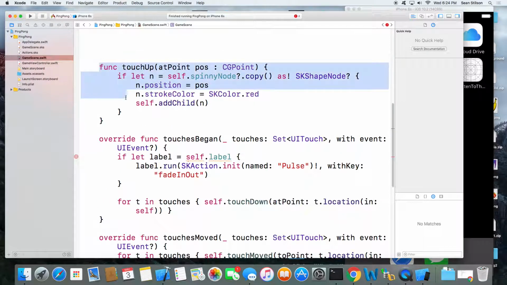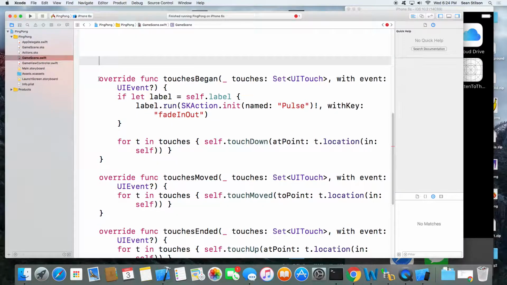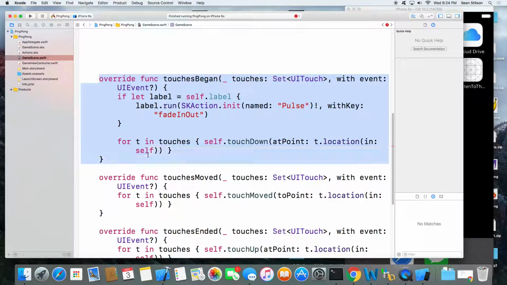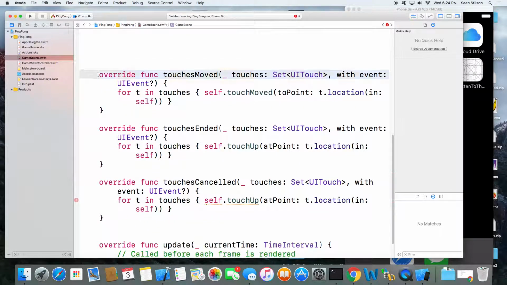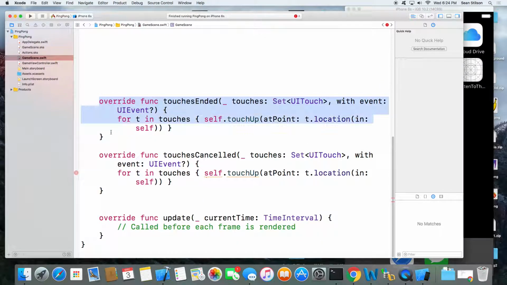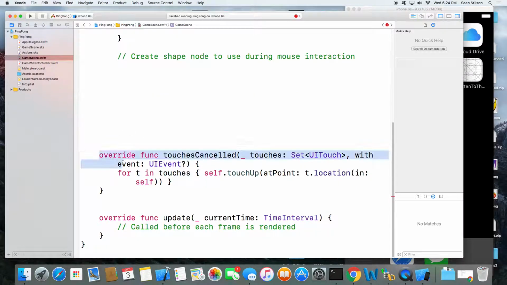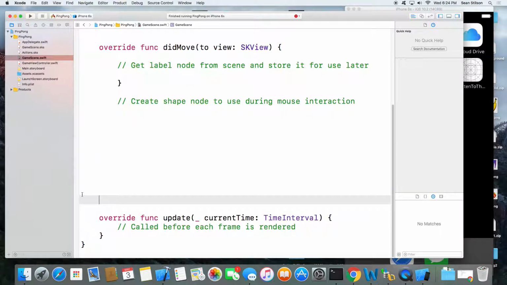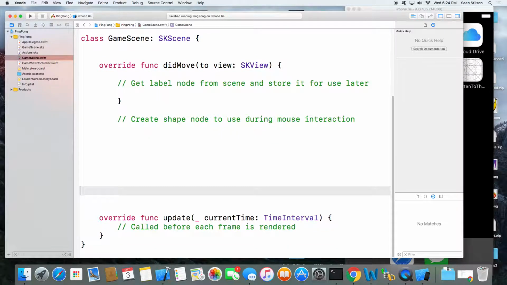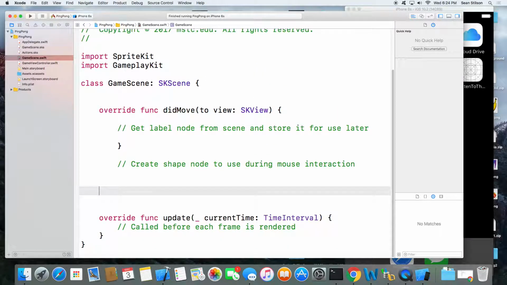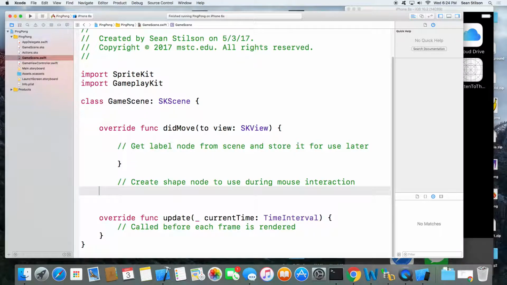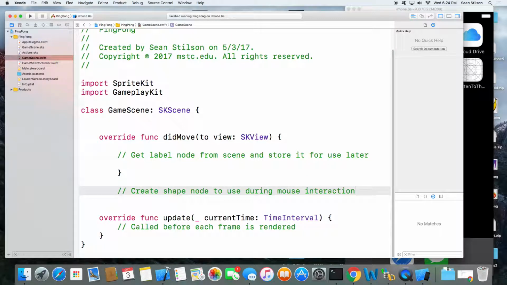All we're going to be left with is the did move to view and then the update. That's it for now. That took care of all my errors.